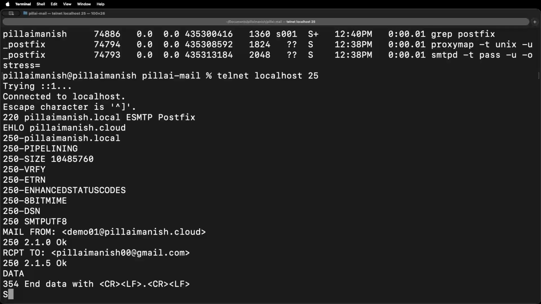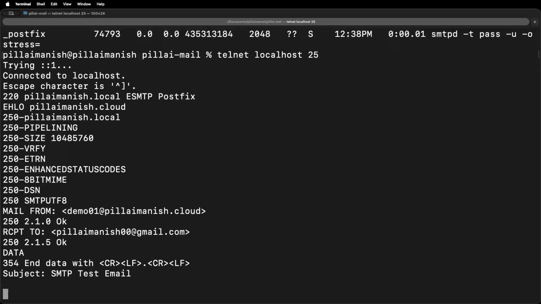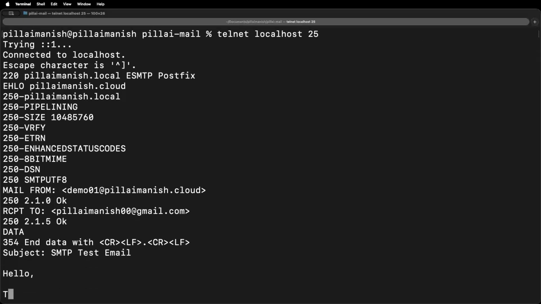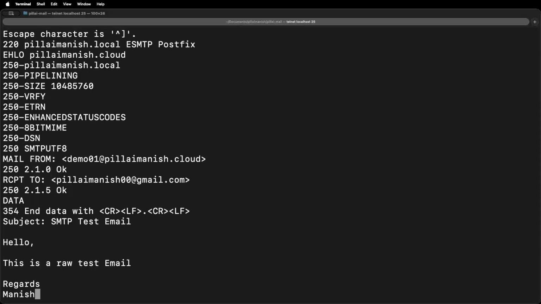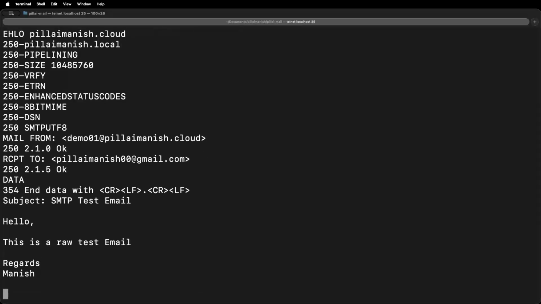I can start with Subject: SMTP test email. Now I can start with my body. Hello, this is a raw test email. Regards, Manish. And now the single dot on a new line signals the end of the message.